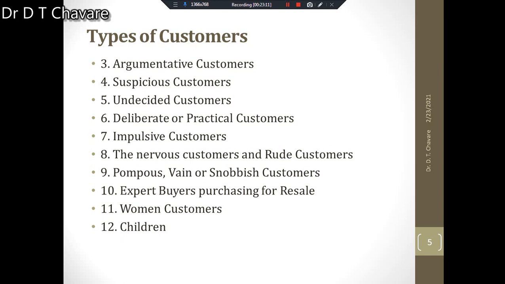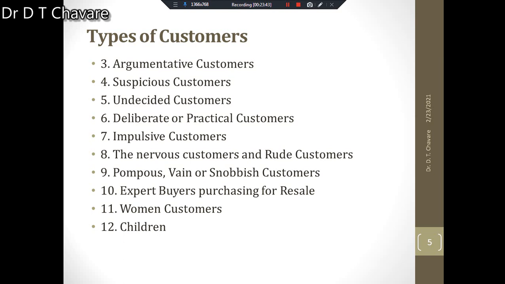The undecideds are the ones who cannot make up their minds. They are non-decisive persons and lack concentration power. Try to understand, they always postpone their decisions. Perhaps they expect that a much better offer will come in the future. So they hesitate to take the decision and make purchase actions. Such type of customers are also there, and those customers also you should understand.